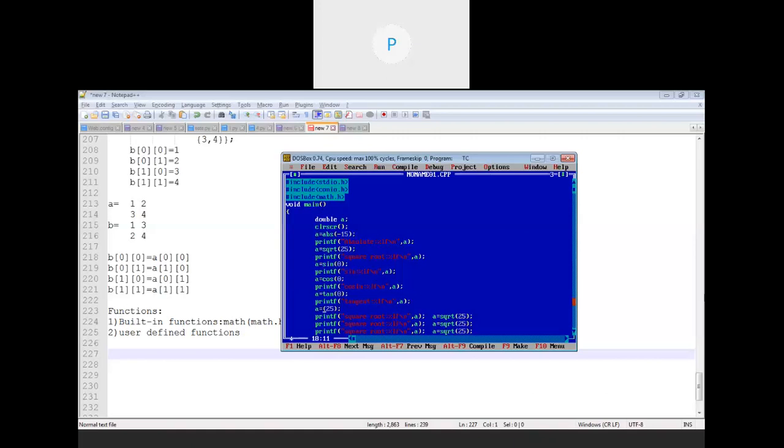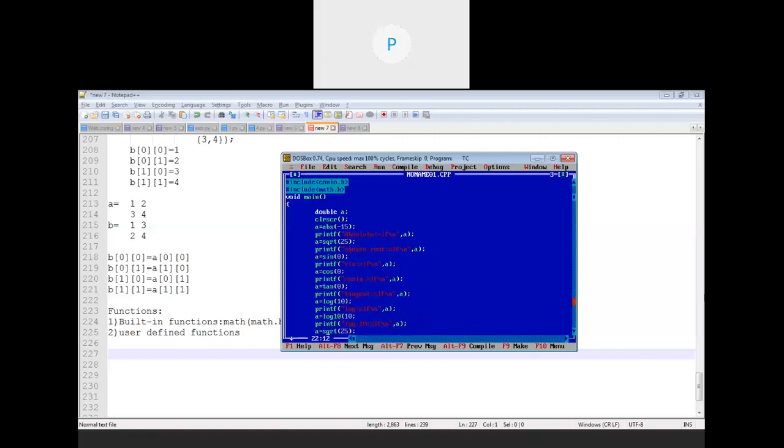Another function is log. Log functions are mainly used to implement logarithmic values. So I'll print log 10 first. Similarly, in logarithmic functions, we have one more function, that is log10, which means log x to the base 10. So if I execute log10 of 10, that is log 10 to the base 10, it must return the value as 1. So the another function which I have given is log10.